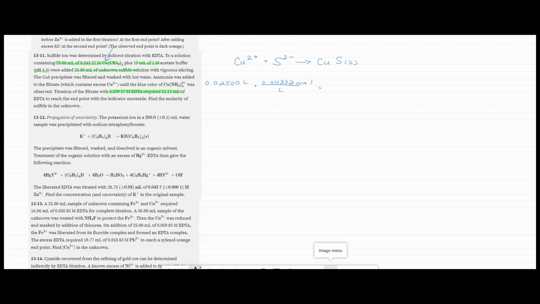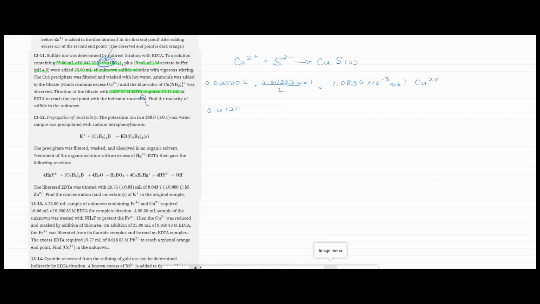So I get 1.0830 times 10 to the negative third moles of copper, because that's the copper that was added. Now the excess copper, we find by finding out how much EDTA is required,